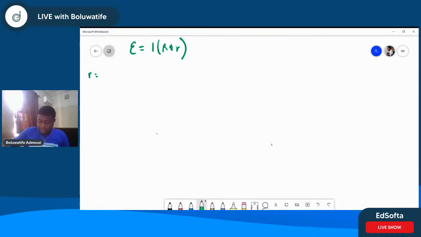Now we don't know what the external resistance is. So if I plug what I have into this, E equals my current, which I don't know yet, times my big resistance plus